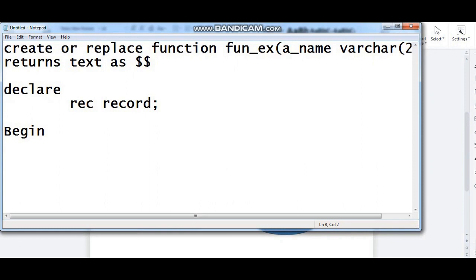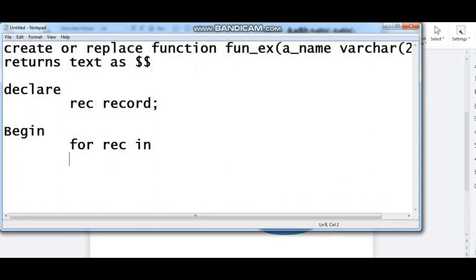a person living in the area, whose value is given when we pass the function. So here basically I write a for loop, looping through a query. We are going to make use of for loop, for rec in. The simplest way I am teaching you over here, for rec in.